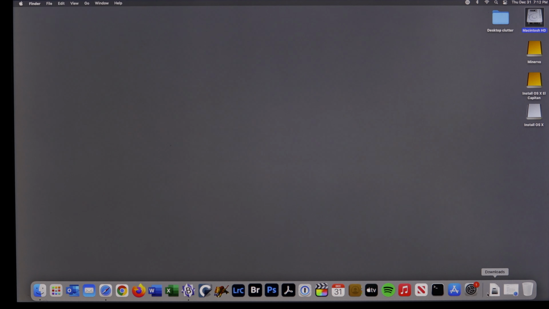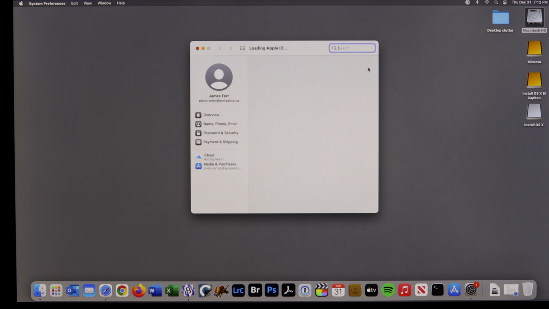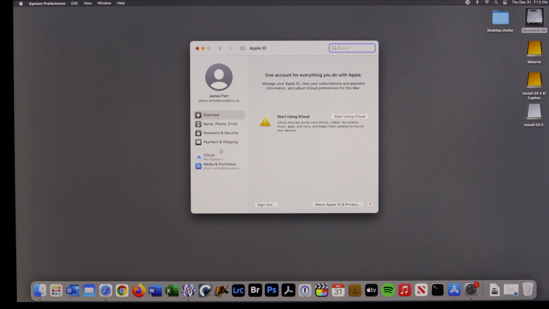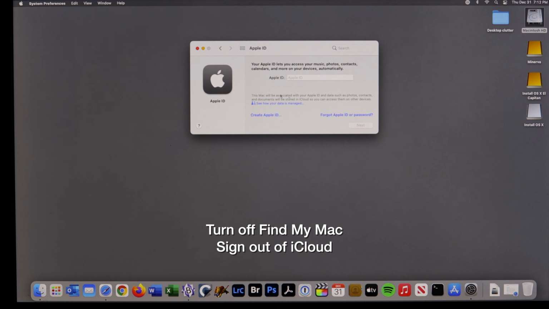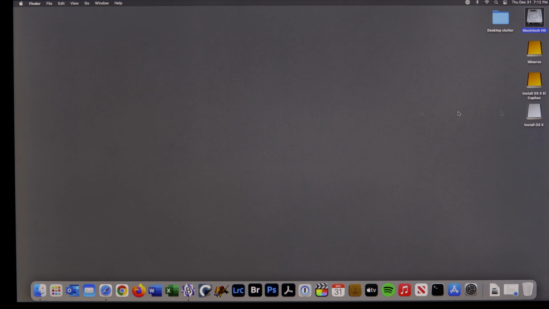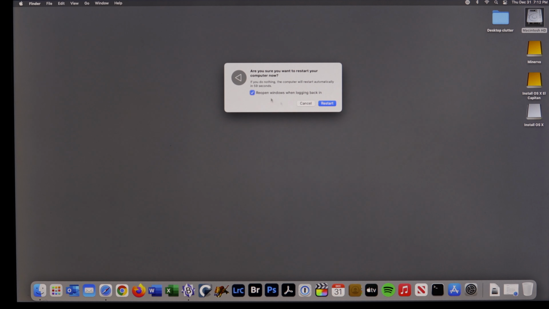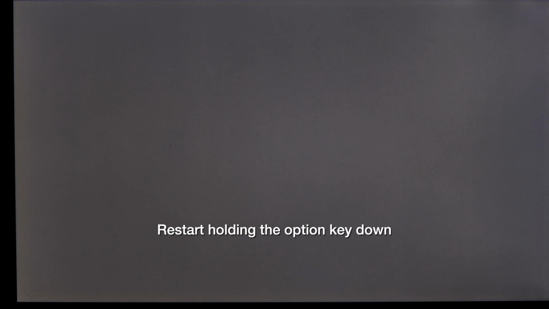Command Q out of there, and just briefly before we erase the Mac, go into your iCloud if it's on, sign out of iCloud, make sure Find My Mac is off, and then you're ready to restart with the Option key down and start up from our install Mac OS El Capitan. So I'm going to hold the Option key down,